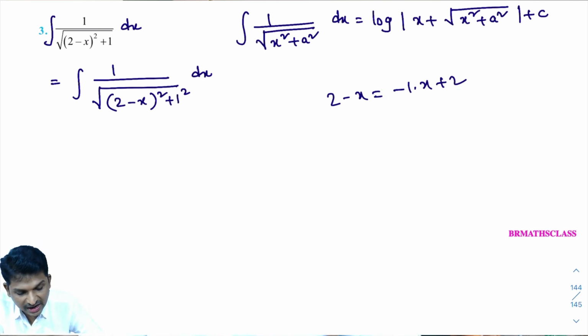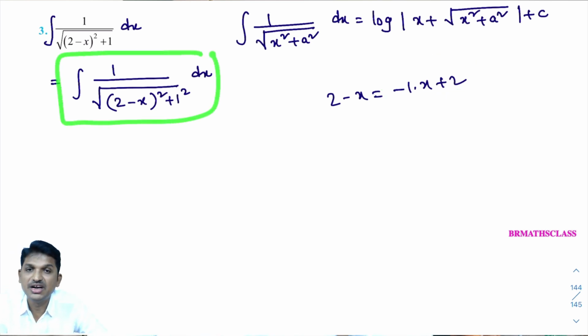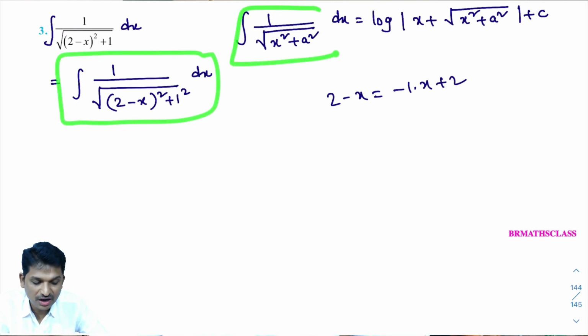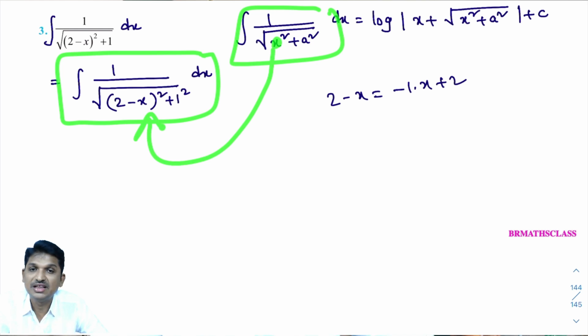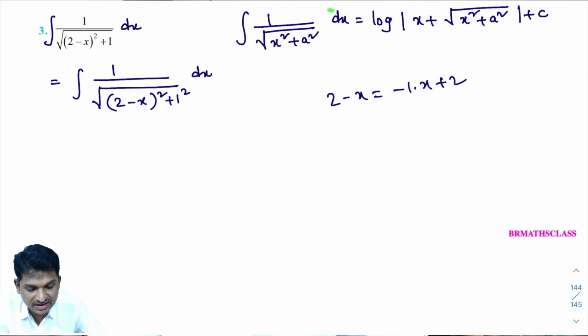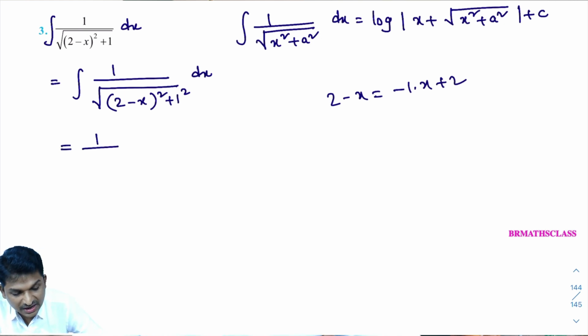Actually, I can do this problem by the substitution method, but I don't want to use it, as I know this formula. In this formula, if ax plus b is present in place of x, then I know how to write its answer directly. How to write its answer? Its answer starts with 1 by x coefficient. What is x coefficient? Look here.